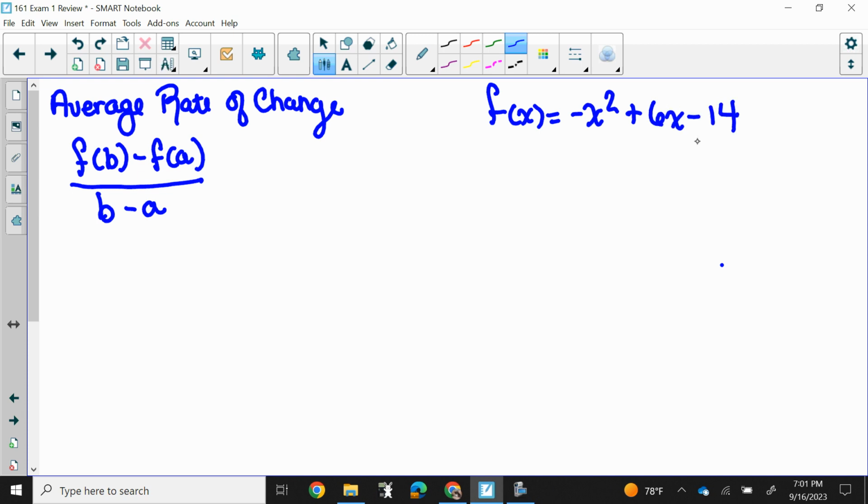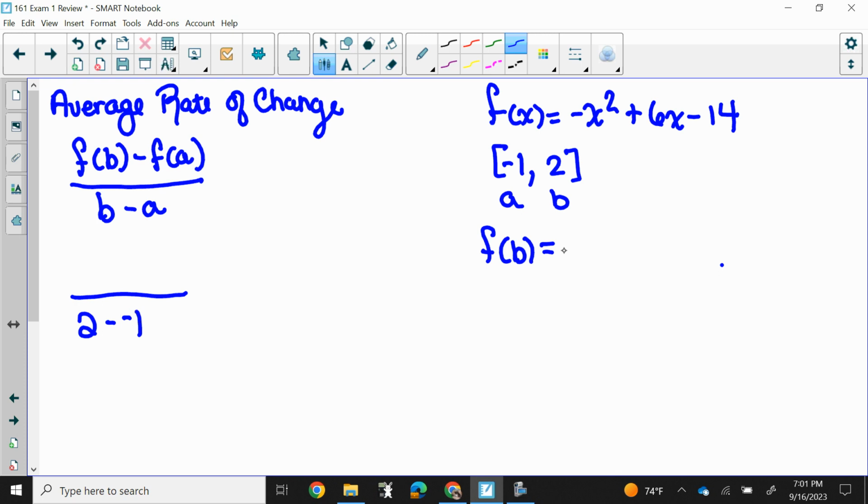And they want the average rate of change in the interval of negative 1 and 2. All right, so this is my a and this is my b. So I can already write that down as 2 minus negative 1, and then I'm going to do f of b,